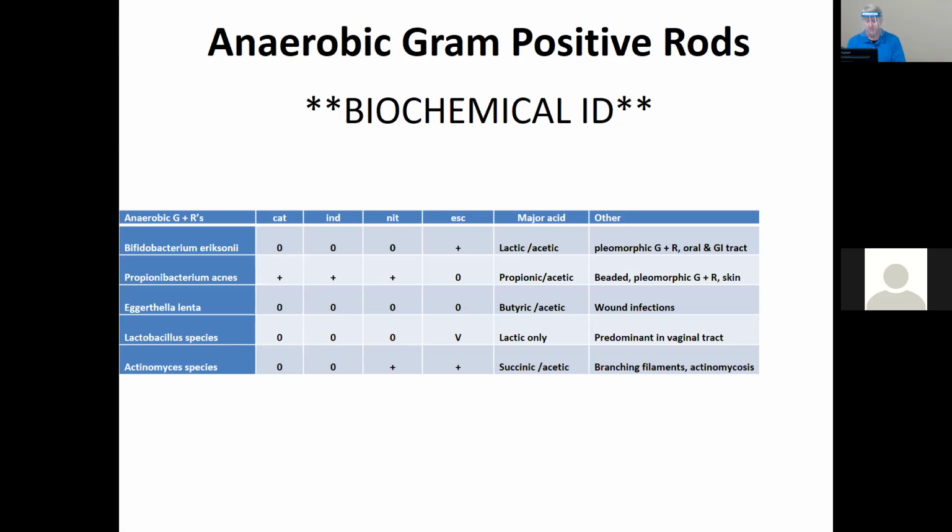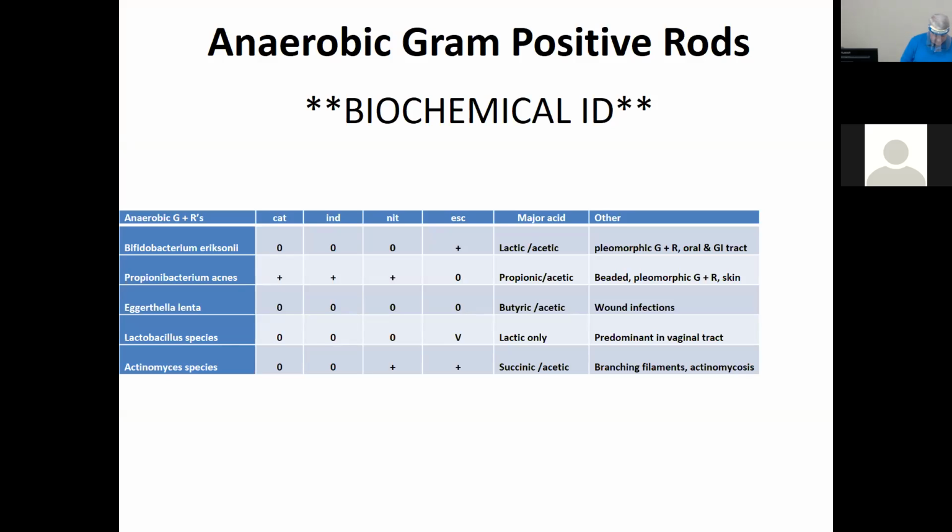For the Actinomyces, it says on our paper lactic and acetic or whatever, but it says something different. It says succinic, doesn't it? So what do we need to do? We're going to have to refer to our text. All right, anybody following along? What page? Where are we, chapter 41 or chapter 42? Let's see if our textbook actually helps us out here.